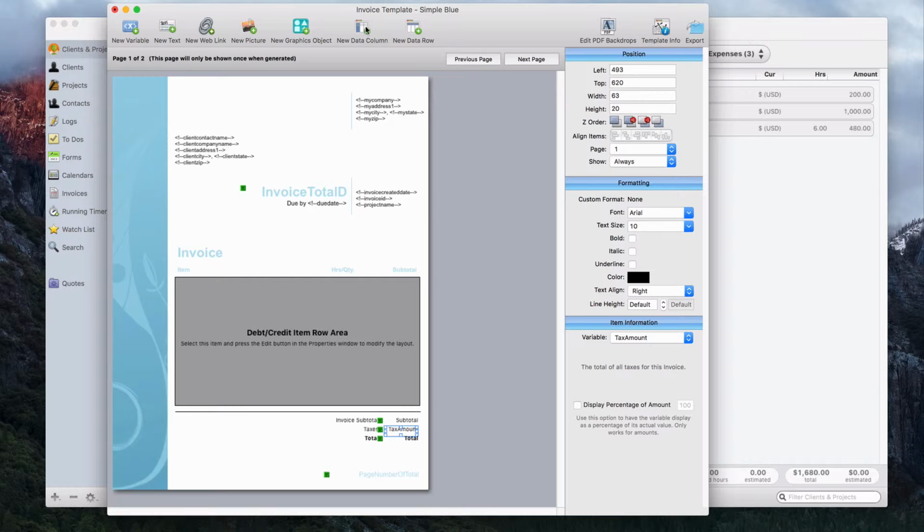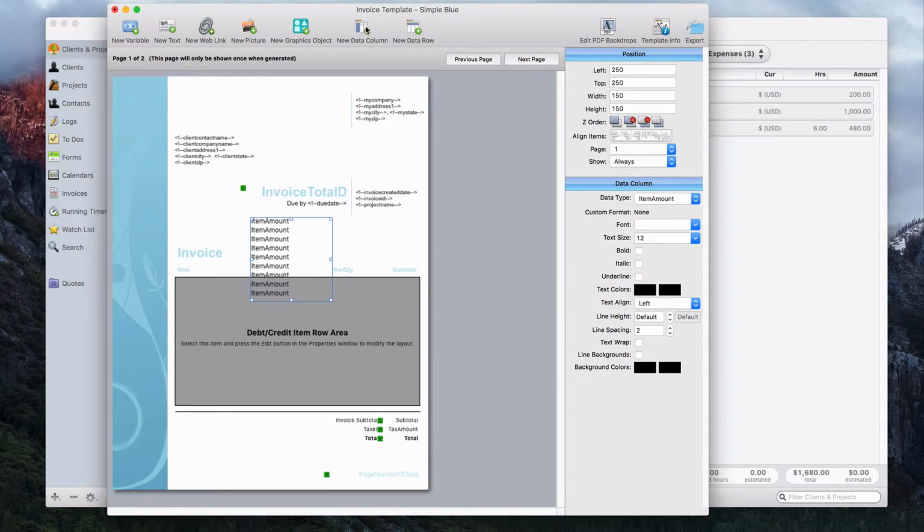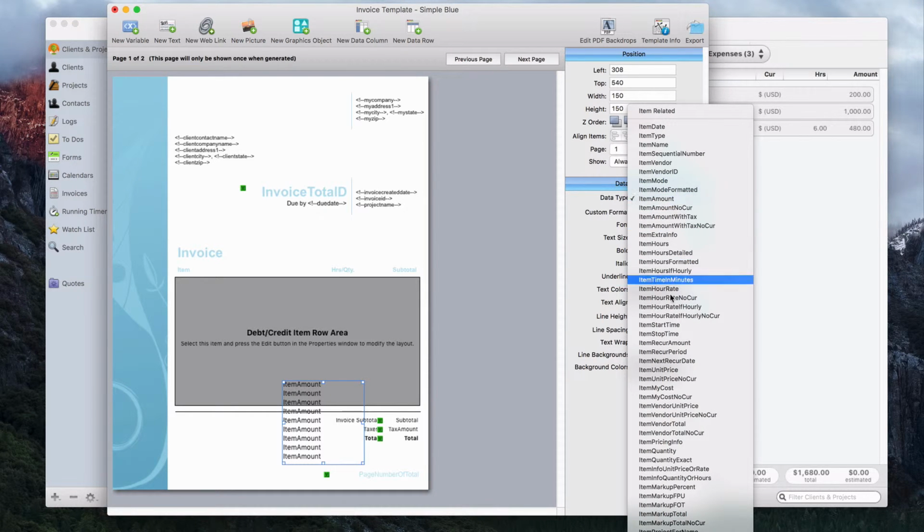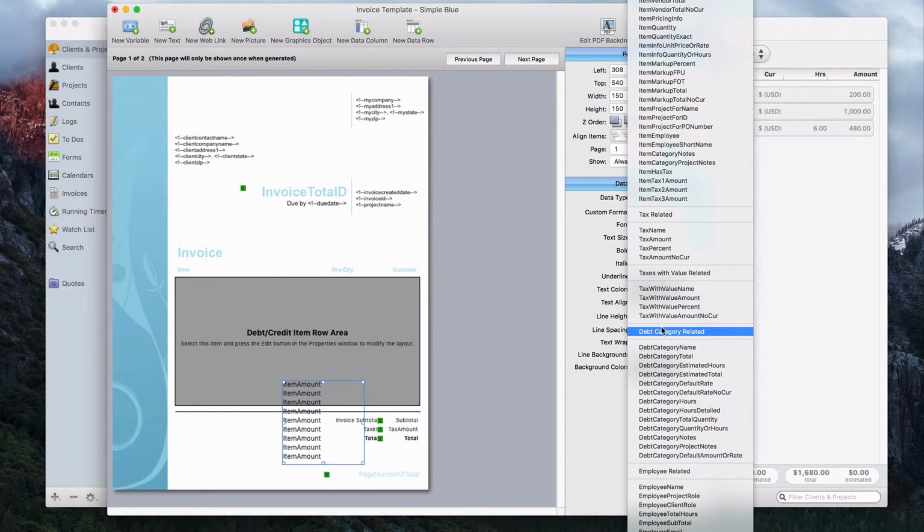A data column is just an area where, when I hit new data column, it will show one variable for all of the items on an invoice in a column. So under the right, under data column, we can select the data type, and I'm going to go all the way down to the tax related section. Here we can set up the tax name, tax amount, tax percent, and the tax amount with no currency symbol. So on the left we'll want the tax name,